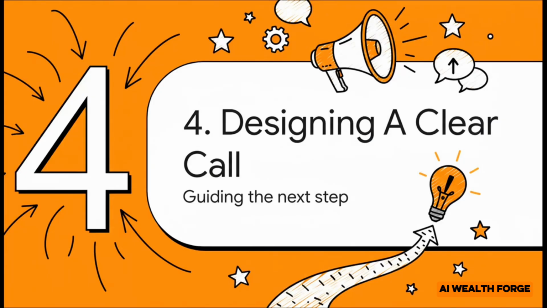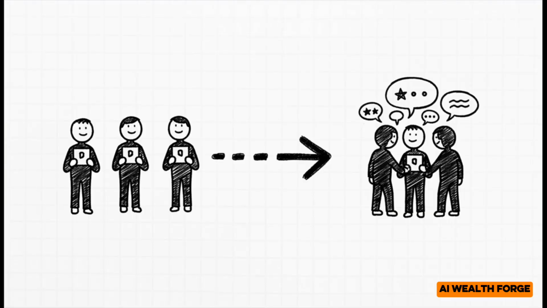Okay, so let's look at how we bring this all home. The source prompt explicitly requires a conclusion with a call to action. You know, a great explainer doesn't just stop. It points the way forward. It tells the viewer exactly what to do next. And the strategic goal of a call to action, a CTA, is so important. It's not just about begging for likes or follows. It's about turning someone who was just watching your content into an active participant in your community. It's really the start of a longer conversation.